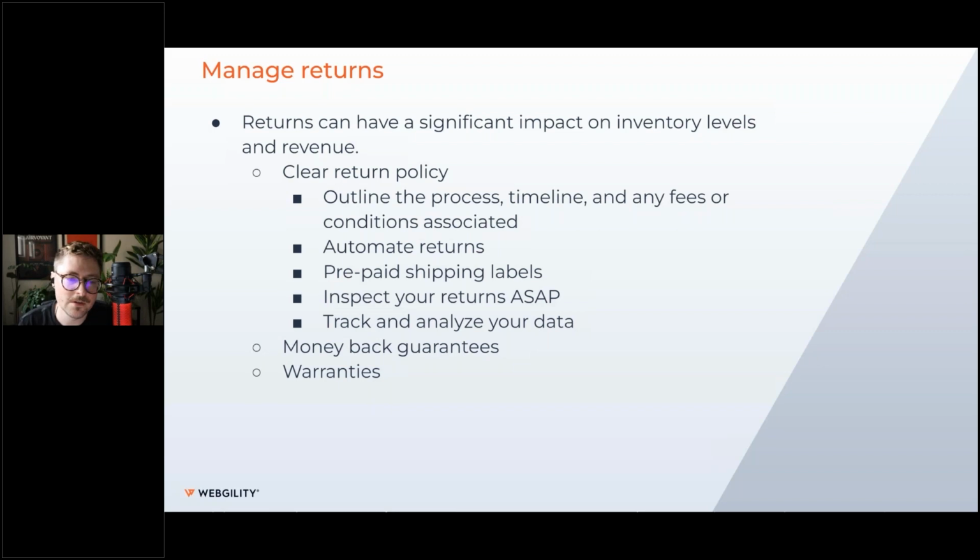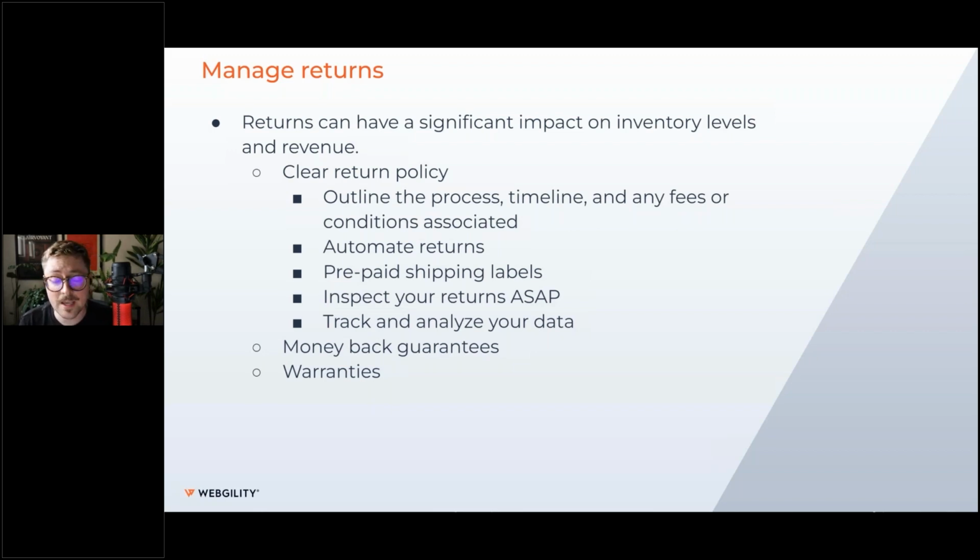So one thing that you can do here is create a clear and concise return policy. Don't make people read between the lines or guess whether something's going to be eligible for return. Make it easy for them, make them understand that the process that you've laid out is how it will work every single time, or at least give them the opportunity to reach out to you to discuss that eligibility so that they feel comfortable buying something that they maybe aren't sure is going to fit them or isn't going to be exactly what they're looking for. So giving that comfortability and trust is, again, one of those things that you can do to attract